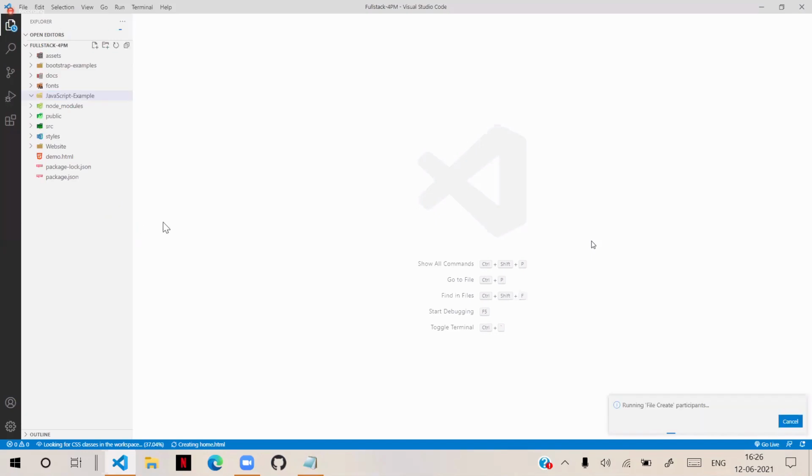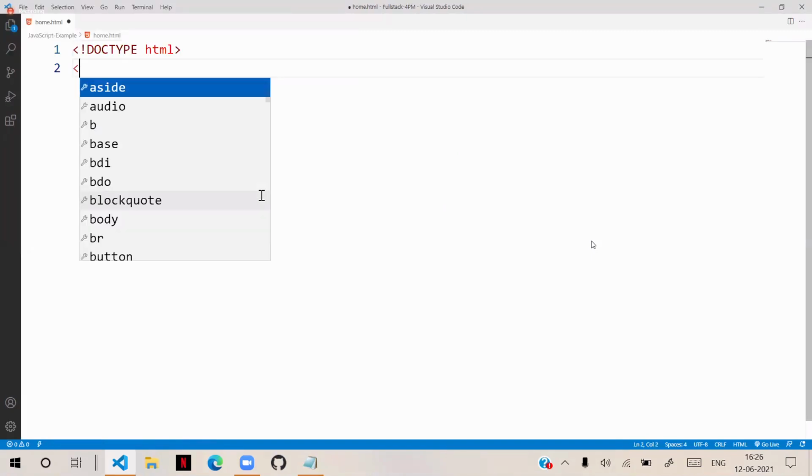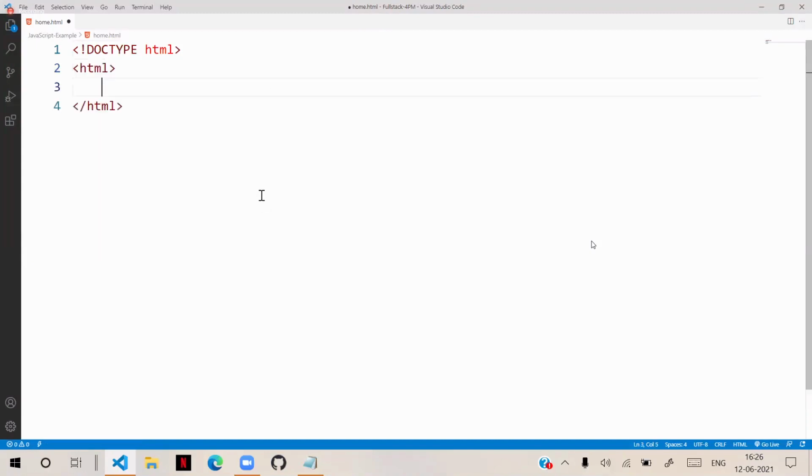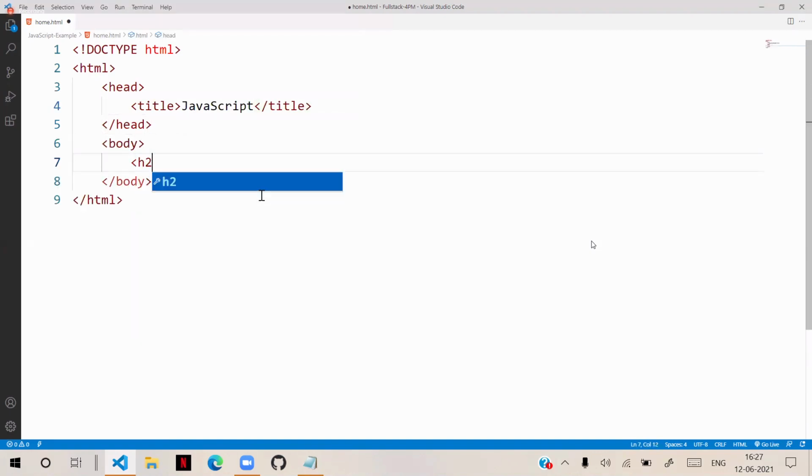Now let's add some code here. We are creating an HTML page: doctype html, html, head, title, some JavaScript, and in the body section we have a heading and some text, click the print button to print the page.